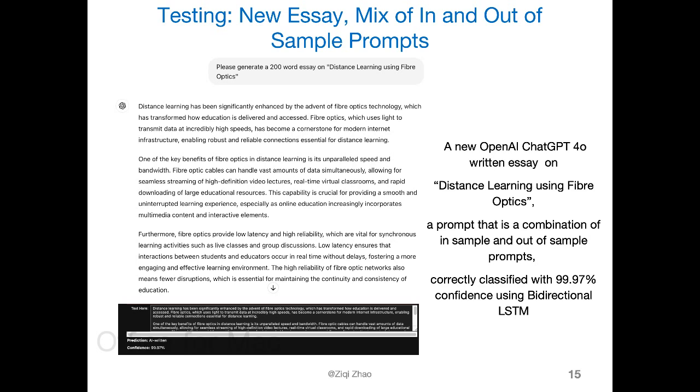What that means is distance learning, which was one of the prompt topics in the original training data set, I combined with fiber optics, which was the one that I came up with that actually became incorrectly classified. I combined those two and asked ChatGPT to generate an essay, and this one was also correctly classified as AI written with 99% accuracy. So it does seem like,